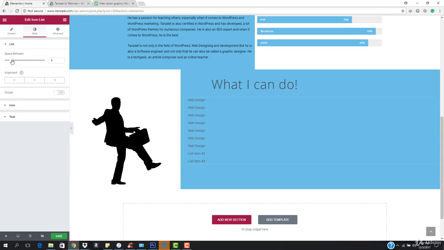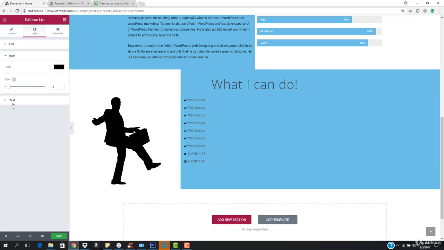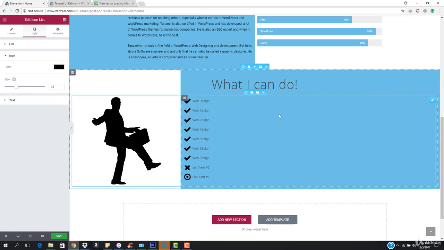I'm just gonna come here, and here we have the space. Then we have the center, so it should be left here. We have icon, so icon color should be black. You can also add the icon as well. Okay, and then we have the size, so we can also increase the size. So this is how you can add the icon list. But I don't think I should add an icon list. Instead,